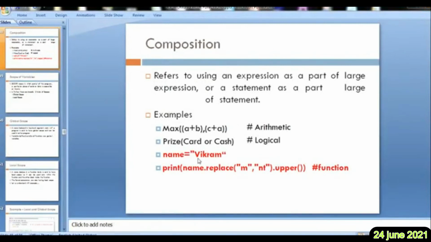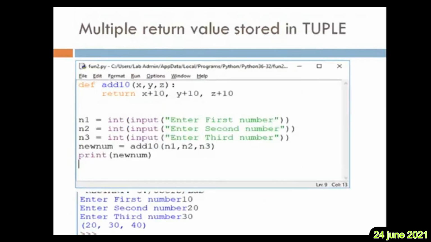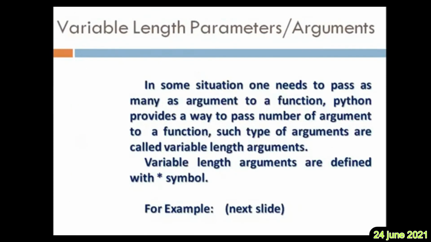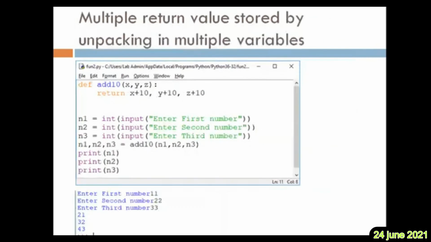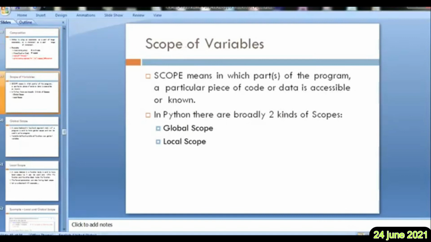With this much, in our previous classes we saw multiple returning values, where a function will return more than one value, and how we can combine all the types of arguments. In the next class we'll go with the topic scope of variables. This is also a very important concept. Before going to scope of variables, let us try to write some functions, execute them and see the effect in the interpreter. So we'll continue in the next class, cadets.